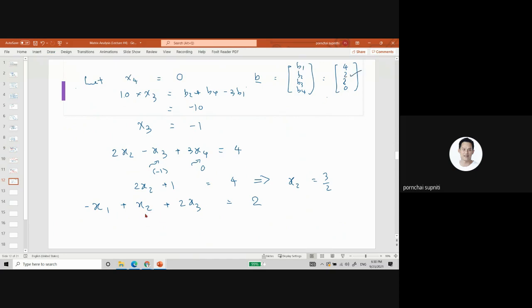Okay, then I get x1 is equal to x2 plus 2x3 minus 2, which is 3/2 plus minus 2 minus 2. Okay. So I will have a result as minus 5 over 2. Okay. So for here, then we have this particular solution,